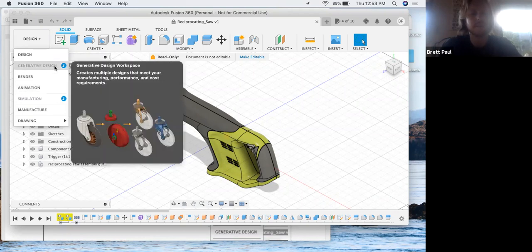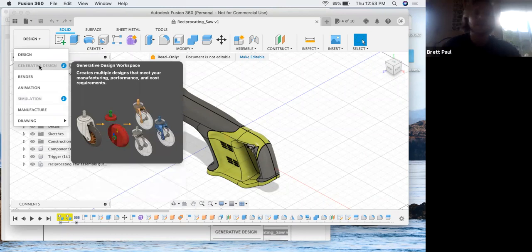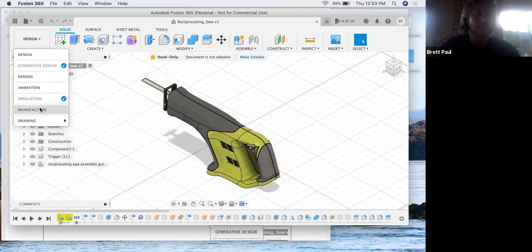You can see that some of these, generative design and simulation, are both off limits to people with the free version or the hobbyist version of Fusion. You have to buy the subscription in order to use those. And I think it's on a cost per rendering basis in terms of how you have to pay for that product. So for example, each simulation might cost X amount of dollars. So we won't be using simulation or generative design, but we can go ahead and click into